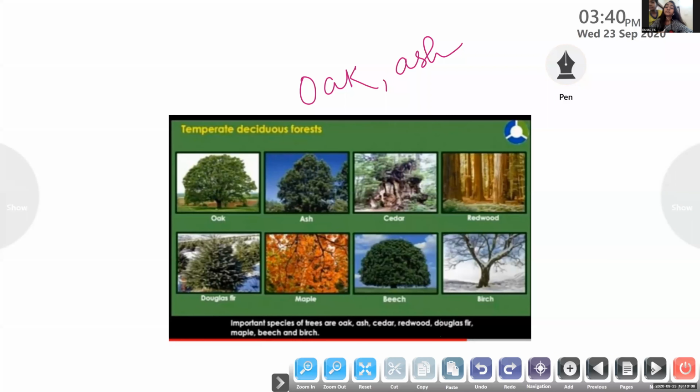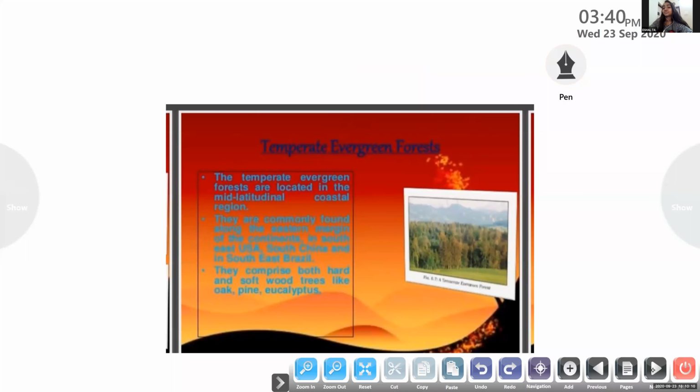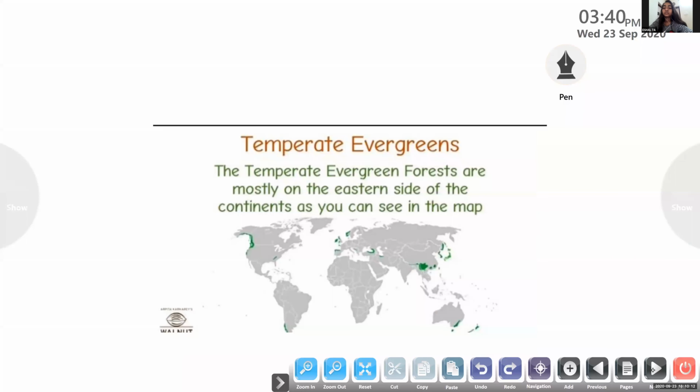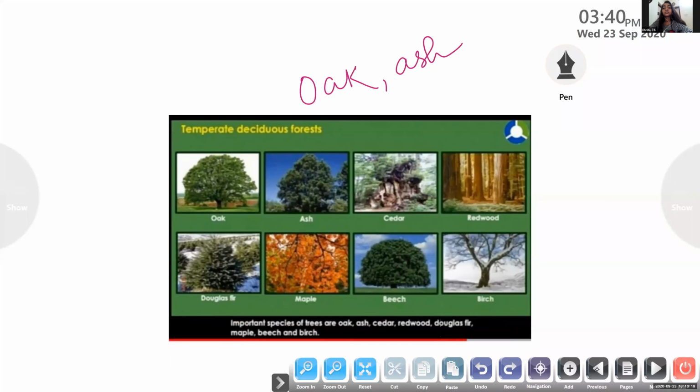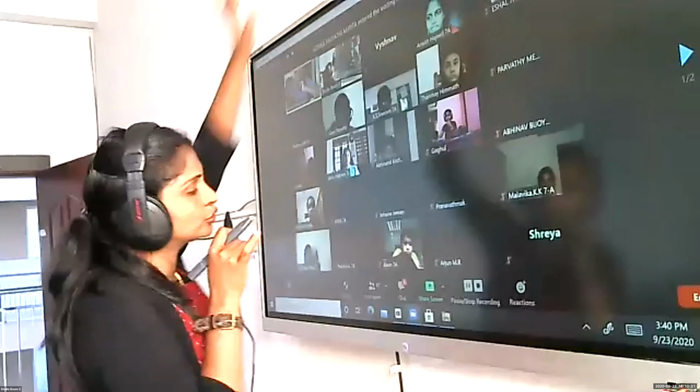All these trees and animals are found in this region. So children, we'll study about temperate evergreen forest in the next class. I hope it is clear to you, right?